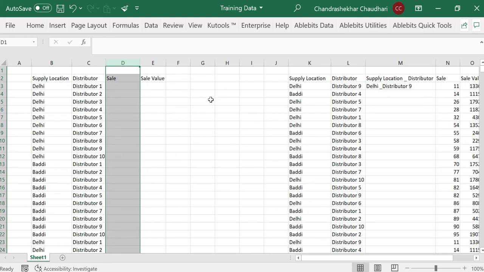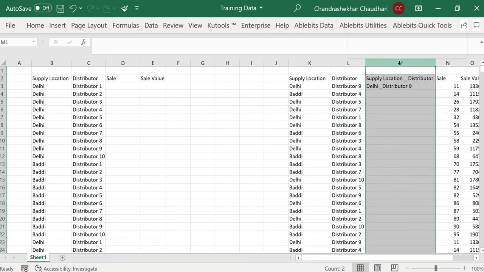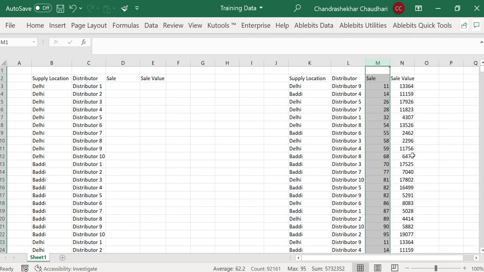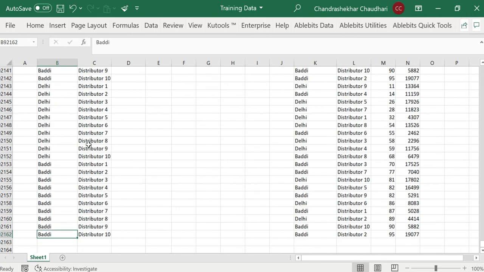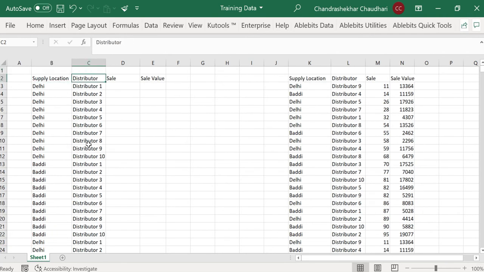Okay, now what I'm going to show you is just at a click of a button, without all these hassles, how you can use this powerful tool to merge these two data tables. Now just bear in mind this data is pretty large. It's around 90,000 rows. I made it 90,000 rows just to show you the speed of this data.